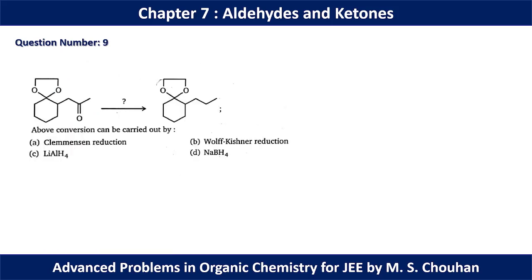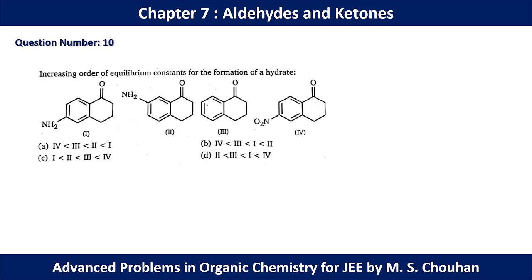In question number 9, we have the masking in the reagent as well as in the product. So we cannot use the acidic medium because in the acidic medium the masking will be removed and finally we have demasked product. So in this case we have to avoid the acidic medium. So for question number 9 we cannot use Clemmensen, we have to use Wolff-Kishner reduction. So for question number 9, option B should be the correct option.